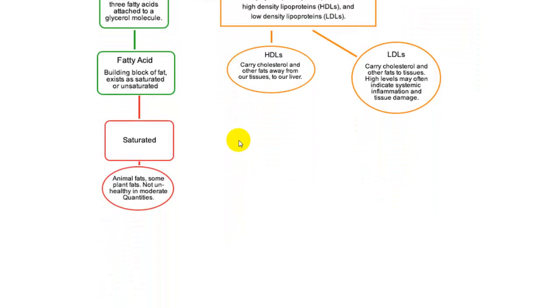Saturated fats come from animal fats and some plant fats, like cocoa butter, used in chocolate. Cocoa beans have some saturated fats. Now, saturated fats are not bad for you. They aren't the bad guy they are made out to be. What you do need to be aware of are other oils that come along with the animal fat. You've got to be conscious of the source. I'll get into it a little bit later, but